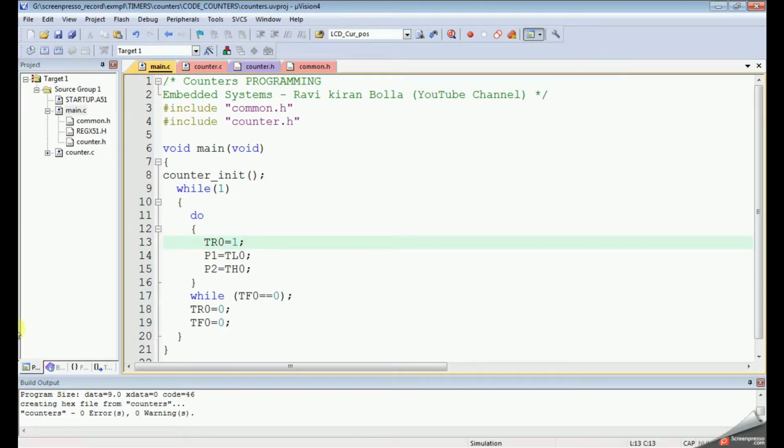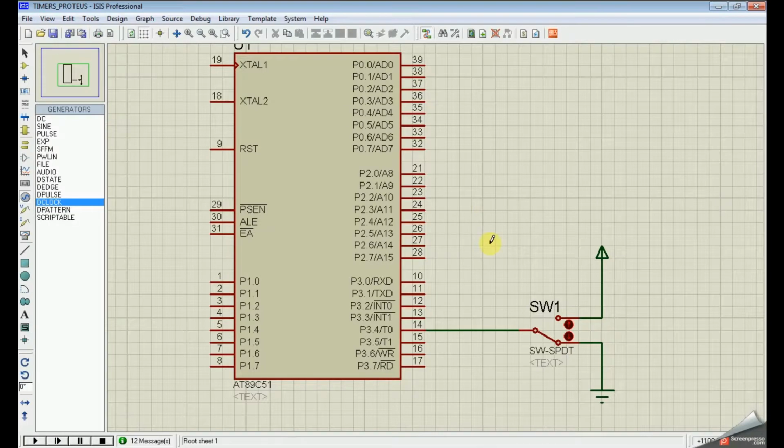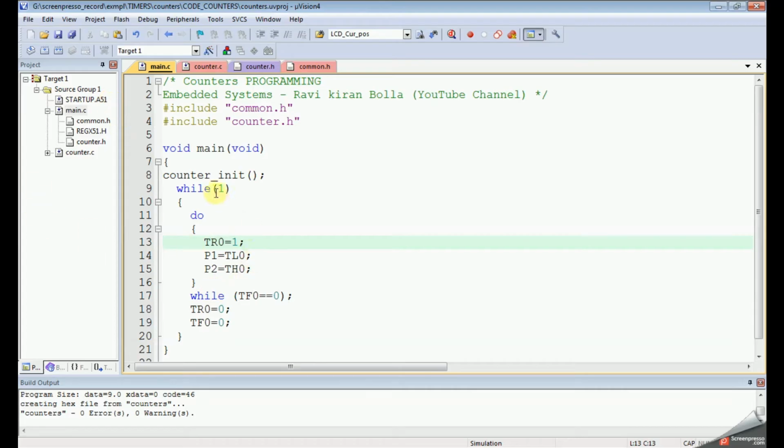Before the program I would like to show the schematic. This is a simple schematic. I have connected one external switch to this port 3, 4, that is timer 0 we are using. That is the reason I have connected to timer 0. So it will count this external events using this switch. Now let's see the program. The basics already discussed in previous video. I'm explaining the main concept from main here. For basics I recommend to watch my previous videos.